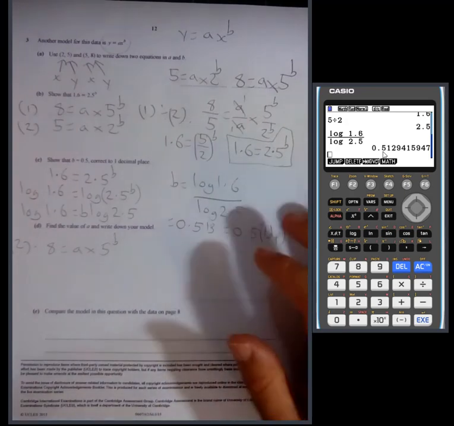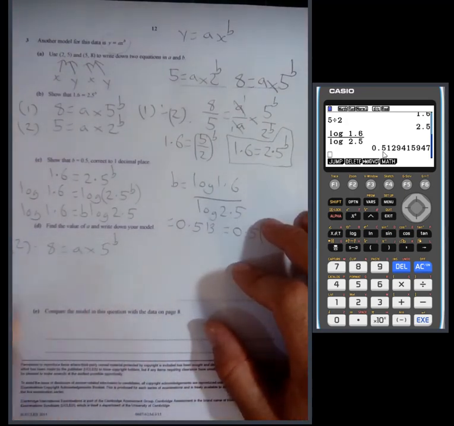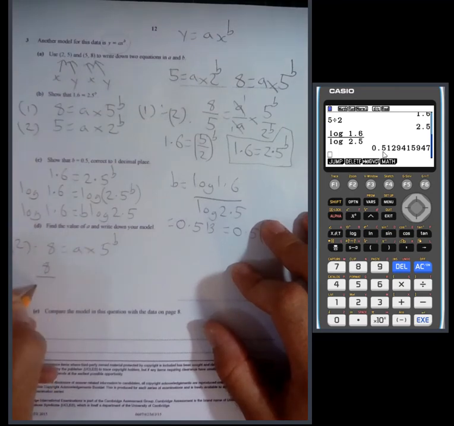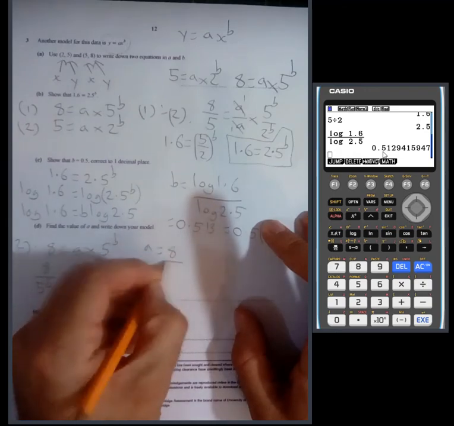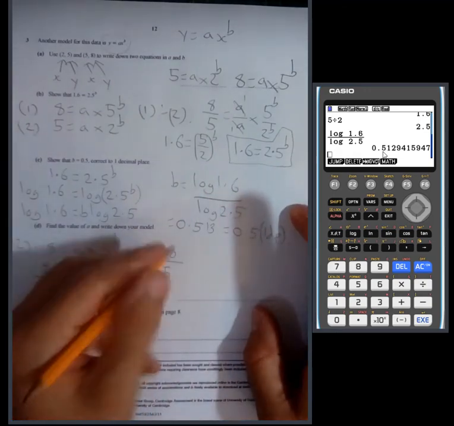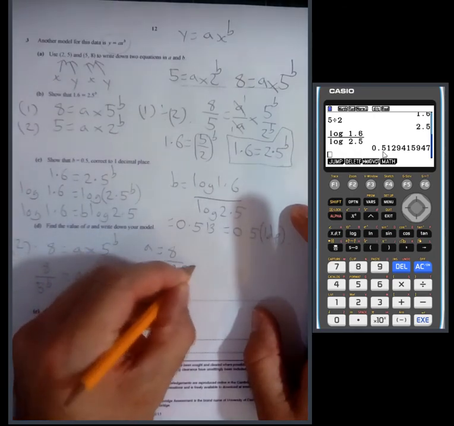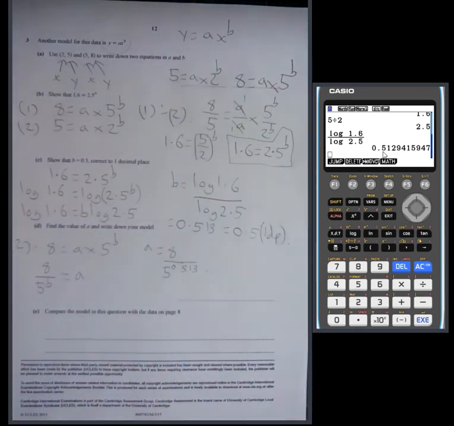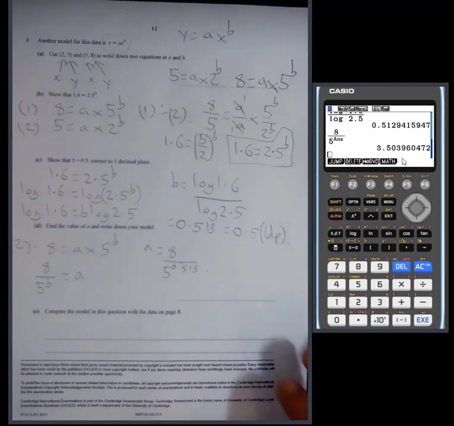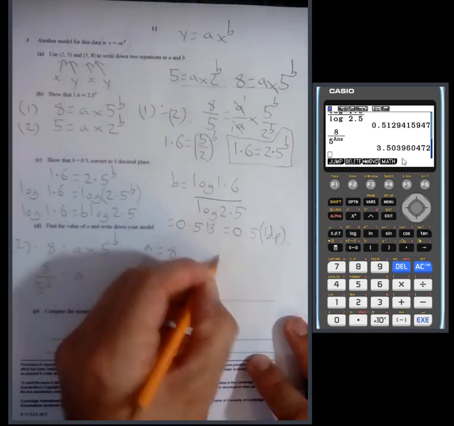I'm going to use the Ans key. Just before that, I'm going to solve this for a. If I divide both sides by 5 to the b, 8 over 5 to the b equals a. So a must equal 8 over 5 to the power, well, b we just said is 0.513. So I'm going to do 8 over 5 to the power of, and I'm going to put Ans, so shift Ans is down there, and that comes up with 3.50